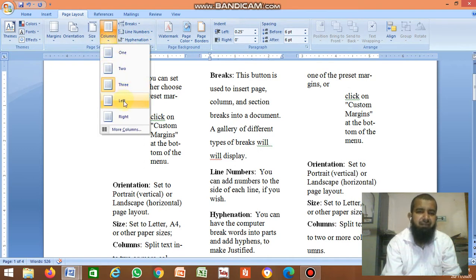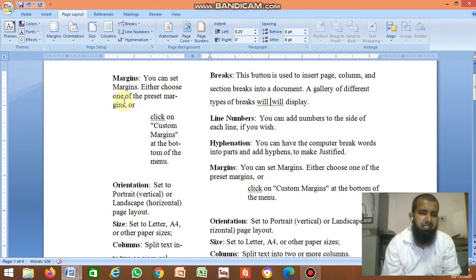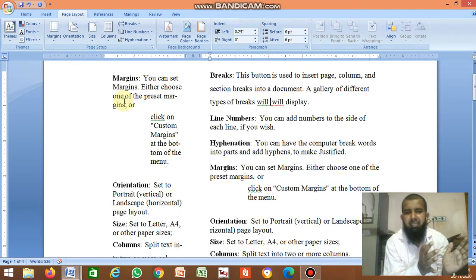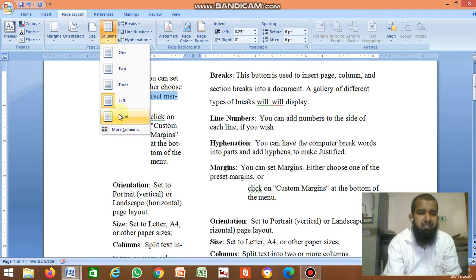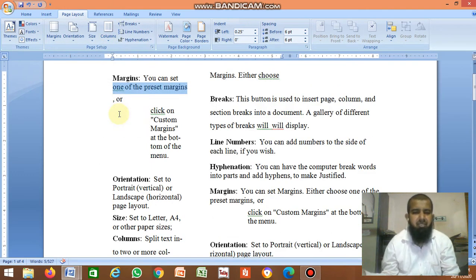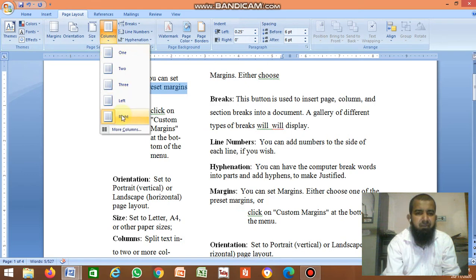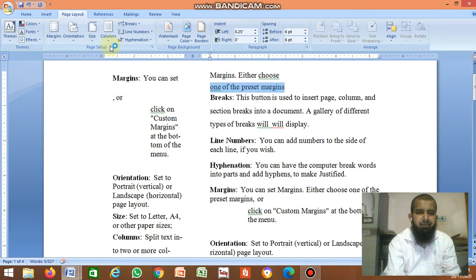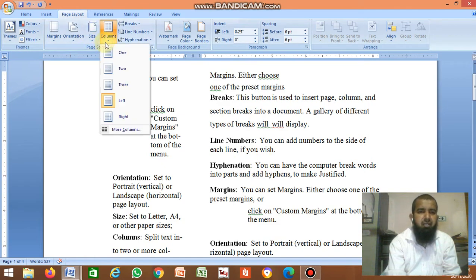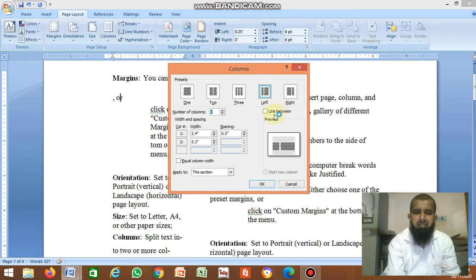If you select Left, the left side space is less and the right side space is more. If you select Right, the right side space is more and the left side space is less. If you want a line between, click More Columns, then click Line Between.